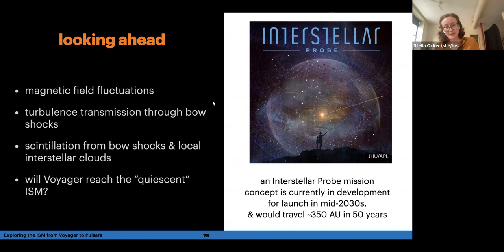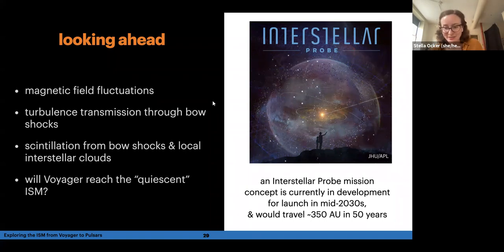And then I also wanted to briefly highlight this new mission concept called Interstellar Probe, which is currently being developed at Johns Hopkins Applied Physics Laboratory. Interstellar Probe would essentially be Voyager's successor. It is targeted for launch in the mid-2030s, and it would travel about twice as fast as Voyager 1. So over the same timescale of the Voyager mission, around 50 years, it would reach 350 AU, which is extraordinarily far. And so this mission concept